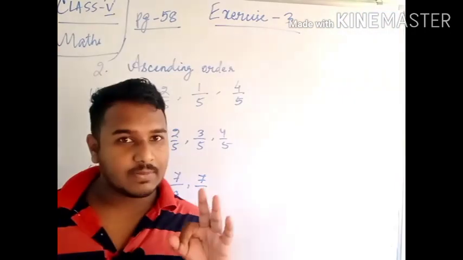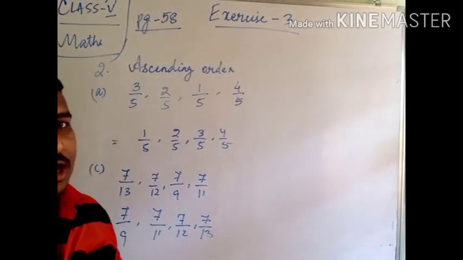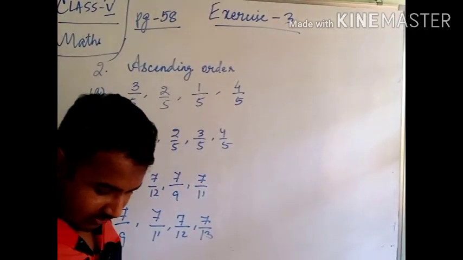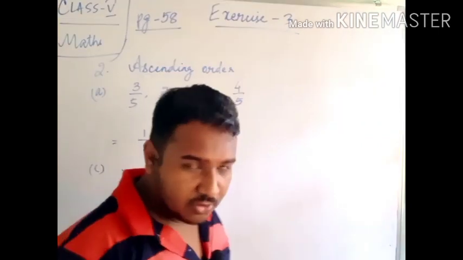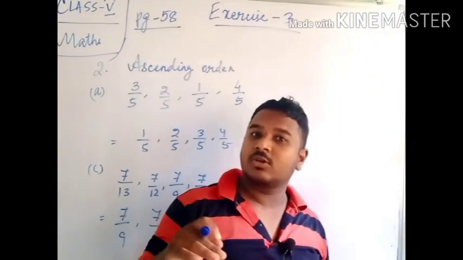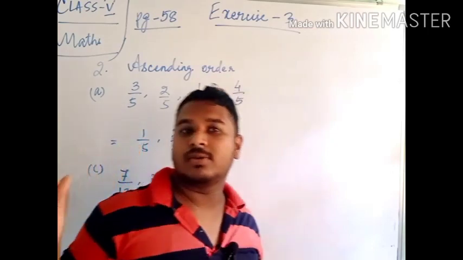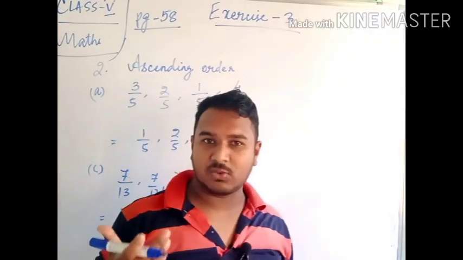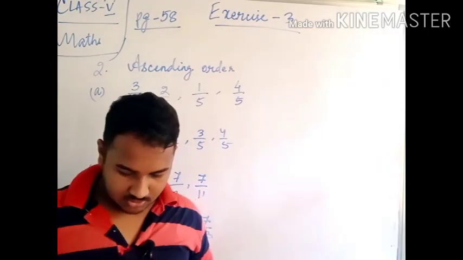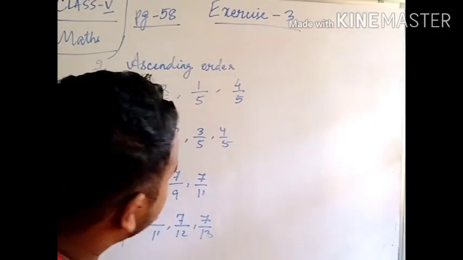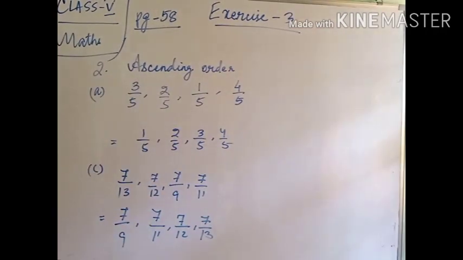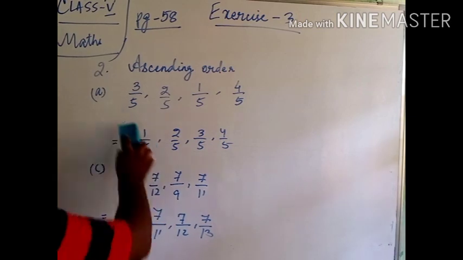Okay, understood? You have to see whether the denominators and numerators are the same or not. Next is 3 number, descending order, just the opposite. I will not do that one, you can do it. I think you can do it. The 3 number question you have to do in reverse order, meaning big to small. Okay, very good. Then 4th number question: reduce the following fractions to their lowest terms.